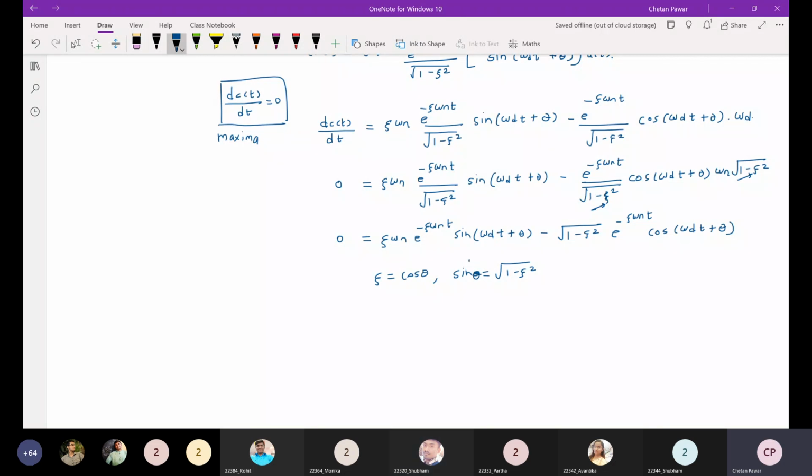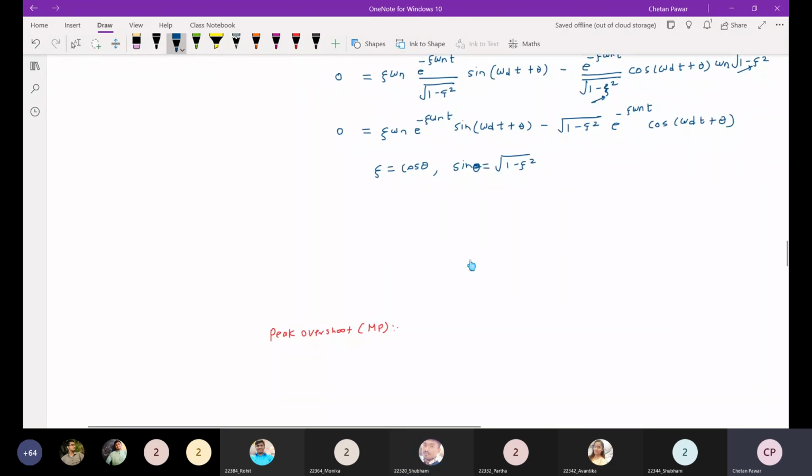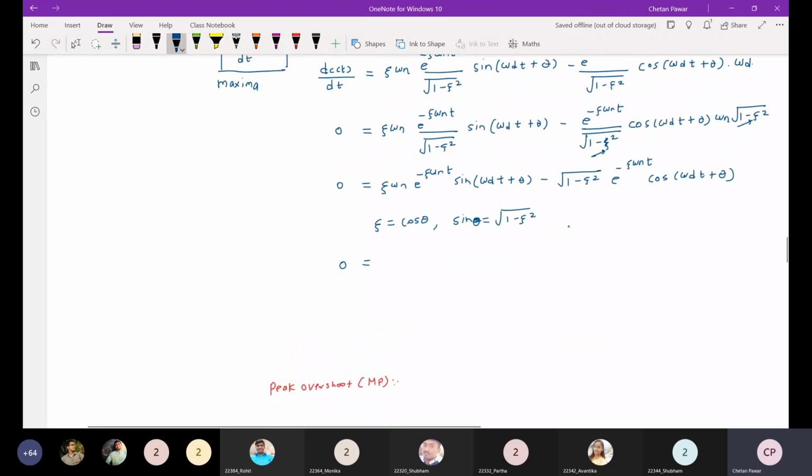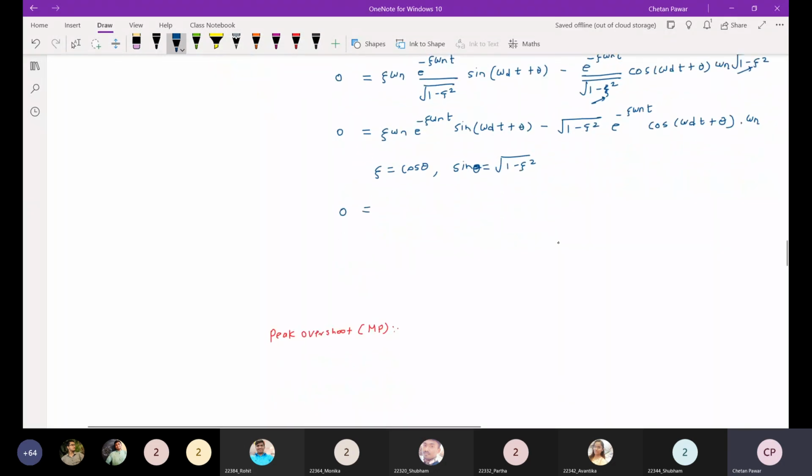Sine theta is root of 1 minus zeta square. Just put it into this equation. So what remains here? Omega remains, omega n. If I take omega n and e raised to minus zeta omega nt outside, I will get sine omega d t plus theta minus